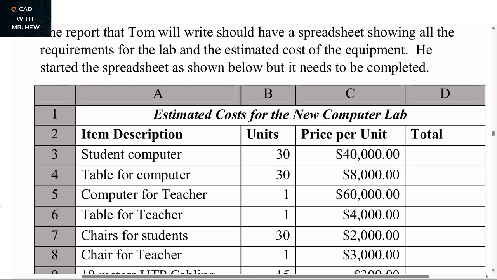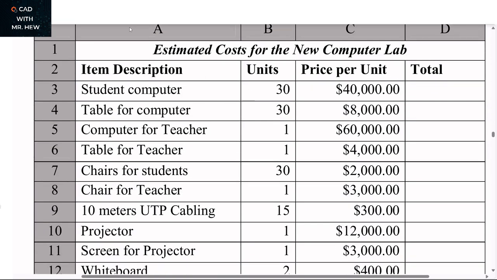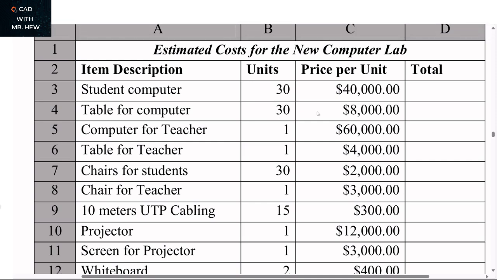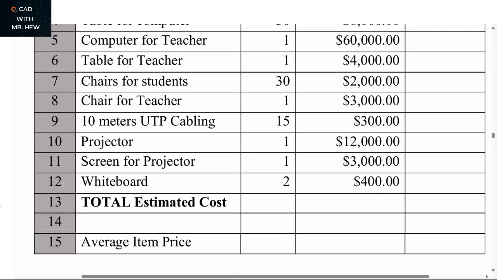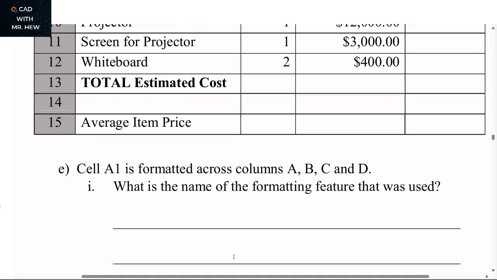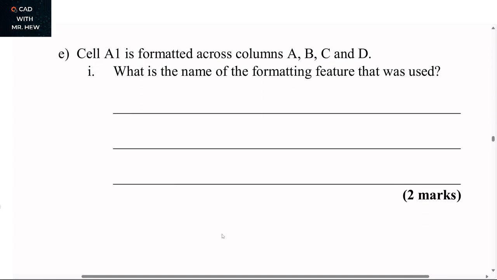So here we have our spreadsheet. We have the columns labeled A, B, C, and D, and we have the rows labeled from 1 to 15. So we have item description, we have units, price per unit, and the total, right? So we're going to go down now, and it says